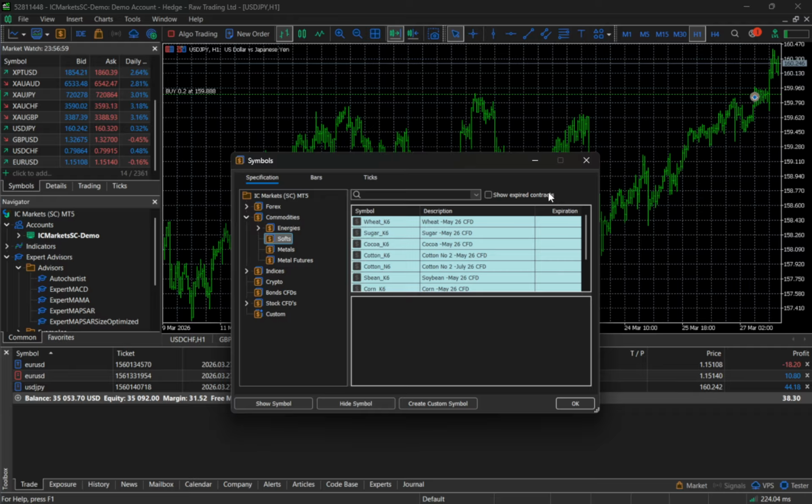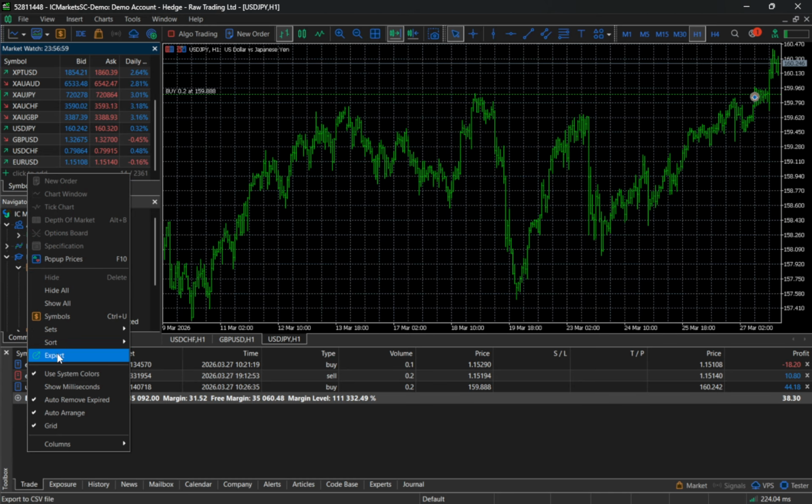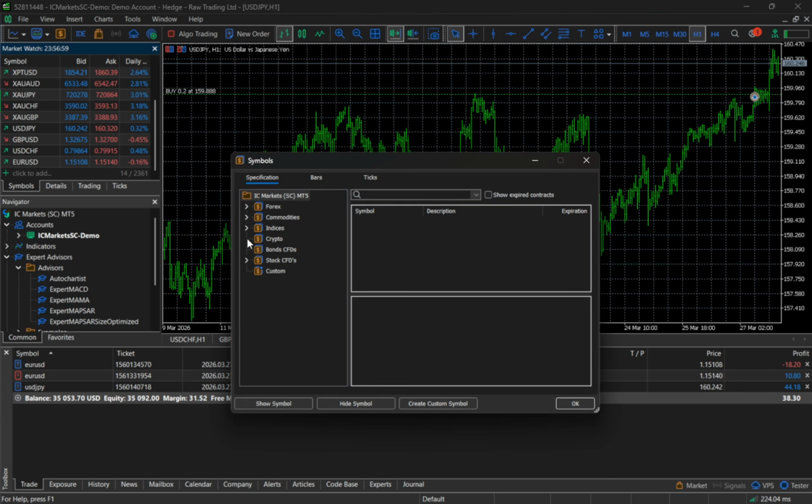Let's get your charts open. Launch MT4, MT5, or C-Trader and head to the Market Watch window. Right-click inside it and choose Show All to reveal every available symbol. Now look for commodity symbols, for example, XAUUSD for gold,